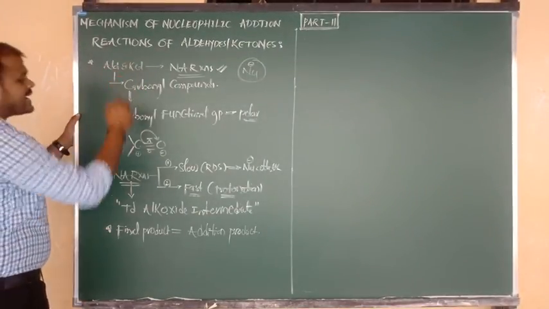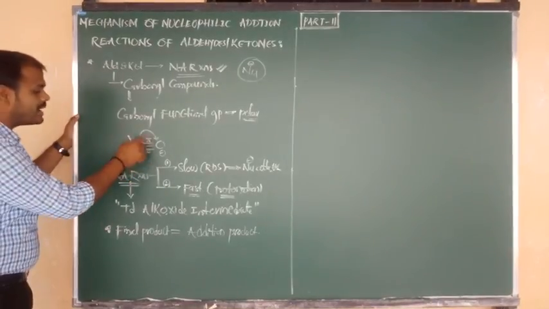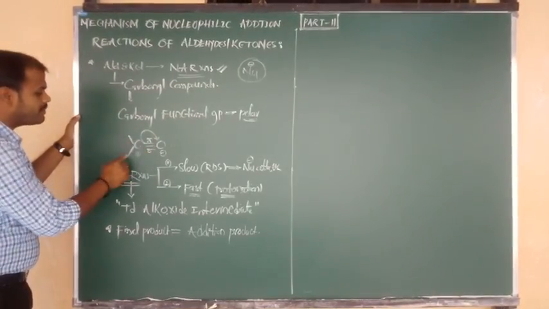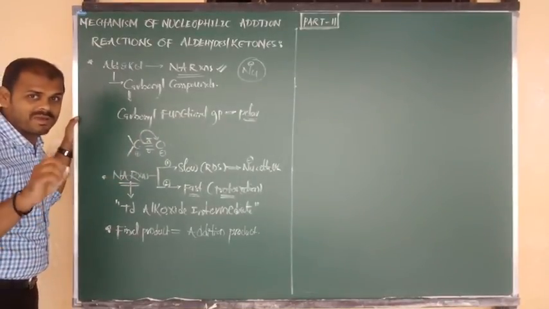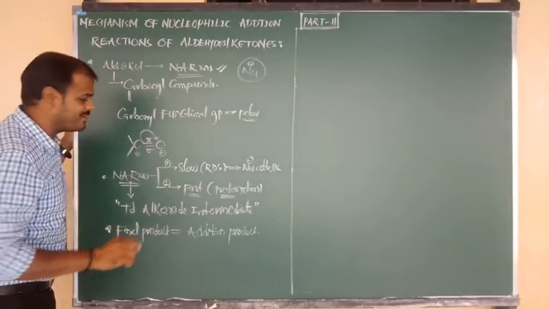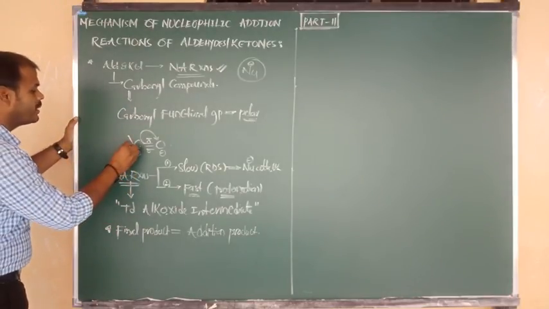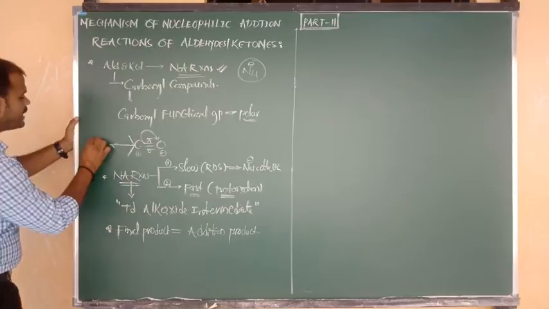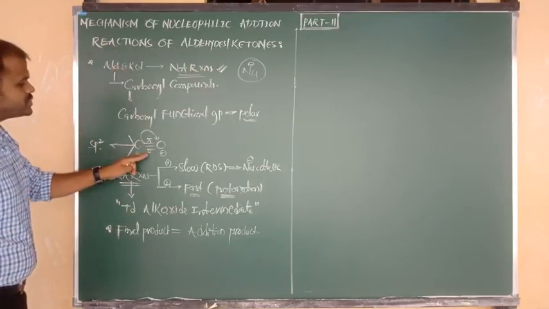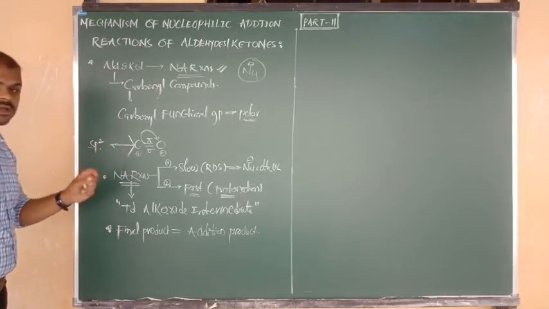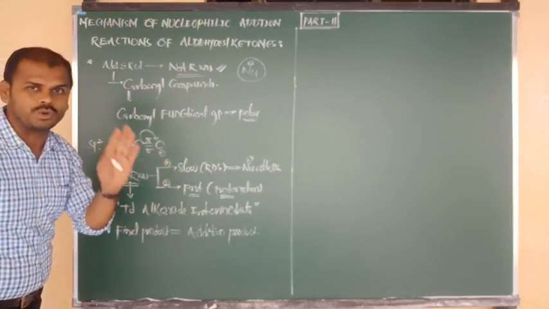In aldehydes and ketones, around the carbon of the functional group, 4 bonds are there, but out of 4, 3 bonds are sigma and 1 bond is a pi bond. And you know very well a pi bond never participates in hybridization. That means around the carbon 3 bonds are there, so this carbon undergoes sp2 hybridization. So in aldehydes and ketones, carbon undergoes sp2 hybridization, trigonal planar geometry. Already I have told you that.